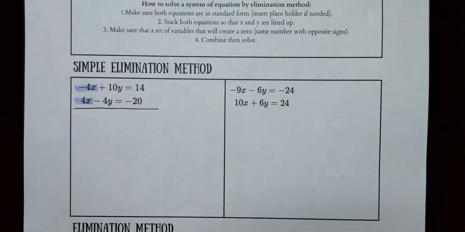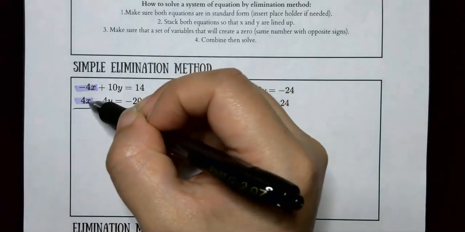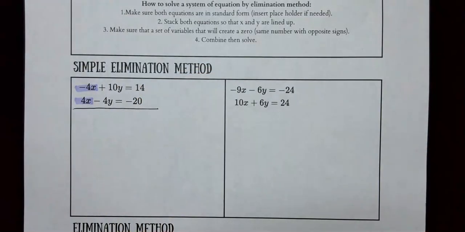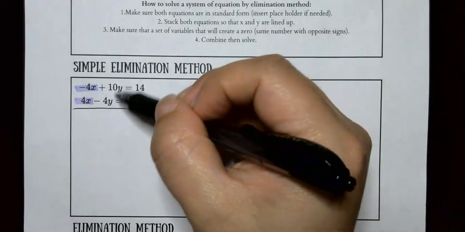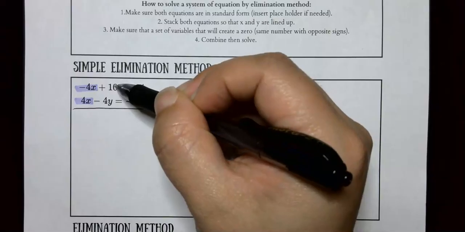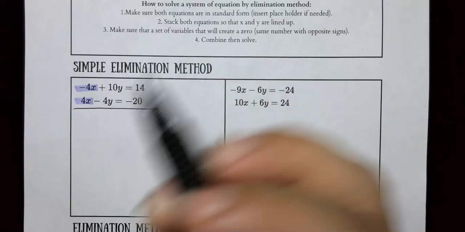If you're looking at this one right here, the first thing we're going to do is compare the two x's. We have a negative 4 and a positive 4. If I were to combine these, they would create a 0. So this one is already ready. So how do we use the elimination method and the 0 to solve this equation? The first thing I'm going to do,